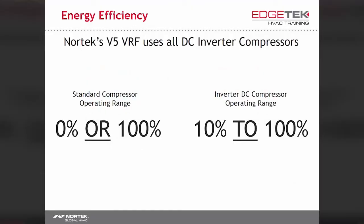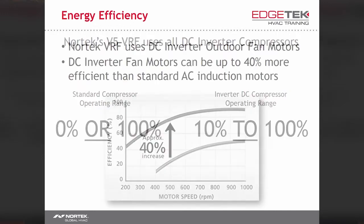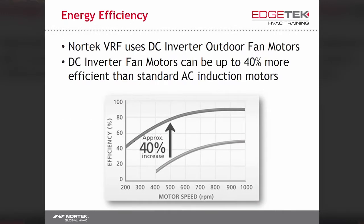Another advantage of all inverter DC compressors is the lack of locked rotor amps found in standard compressors. This means less stress on the equipment and less load on the building's electrical system. This also means that these systems are more easily integrated with a generator or off-the-grid power. In addition to digitally commutated compressors,